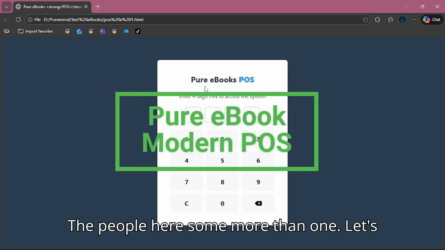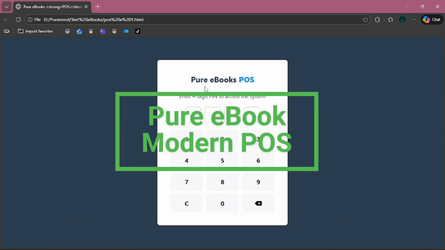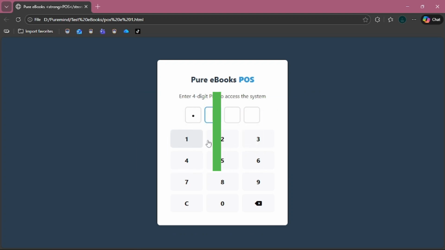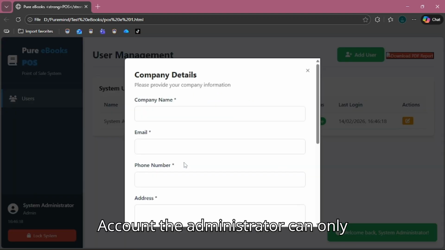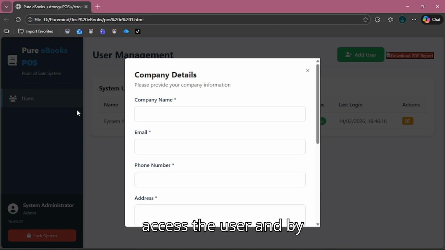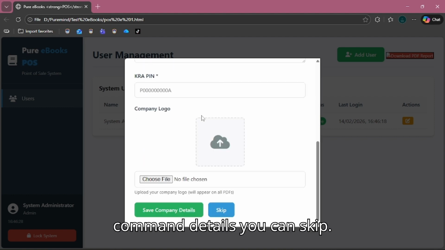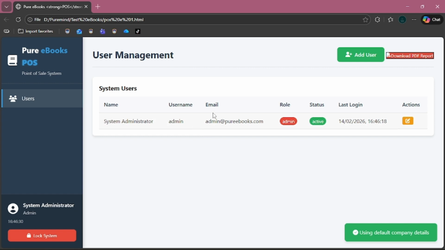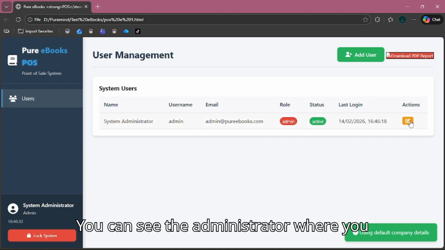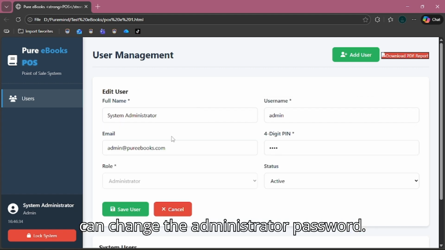POS, a modern one. Let's log in with the administrator account. The administrator can only access the user, and by login, let's say maybe the command details, but also these command details you can skip. You can see the administrator there. You can change the administrator password,